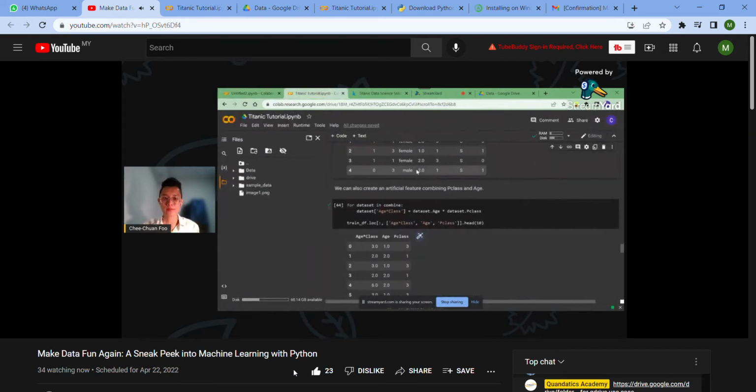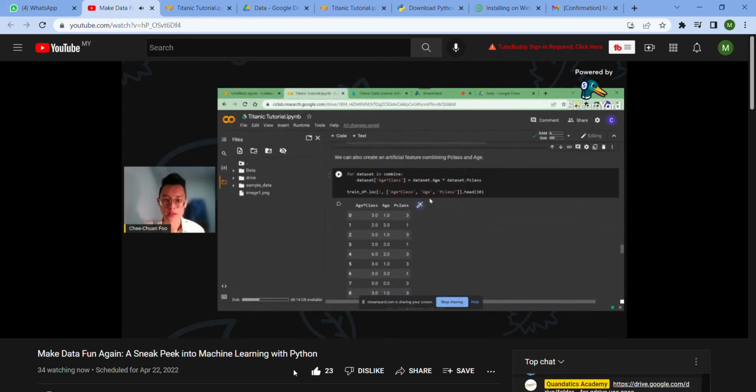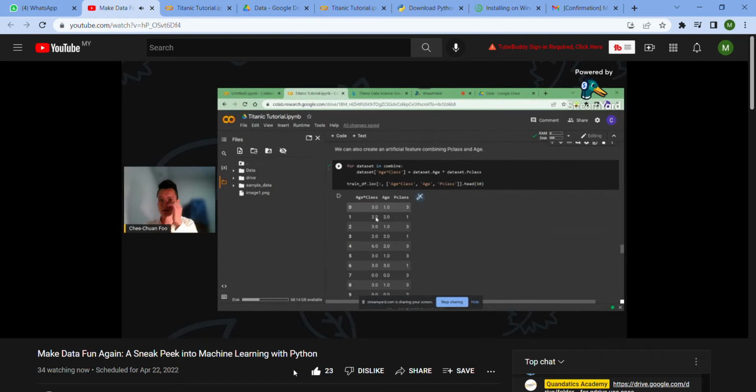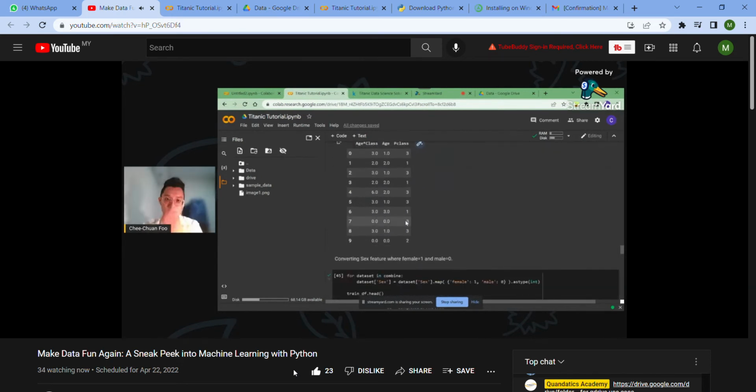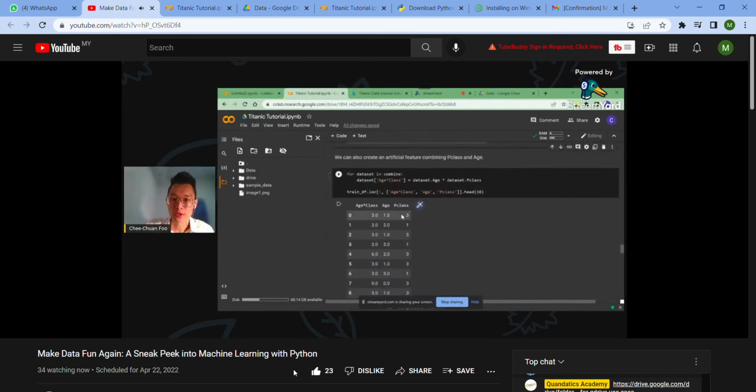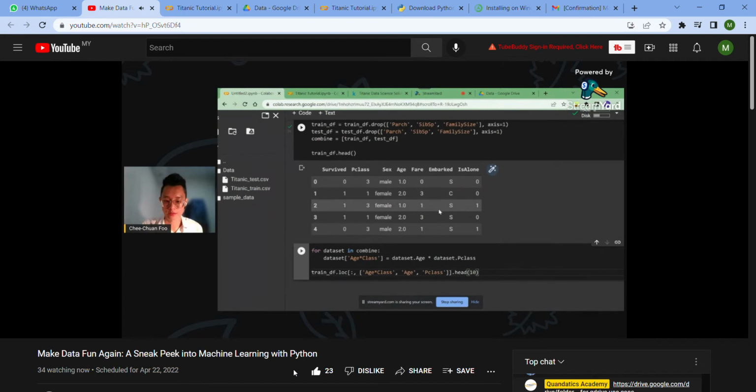Okay, and we can also create another feature called age multiplied by class, because it might have some effect on your survival, because of your age and your class. If you are young and rich, probably you are going to survive. If you are not young and not rich, probably you are not going to survive, right? So we are going to multiply them up together. Since both of them are numerical,